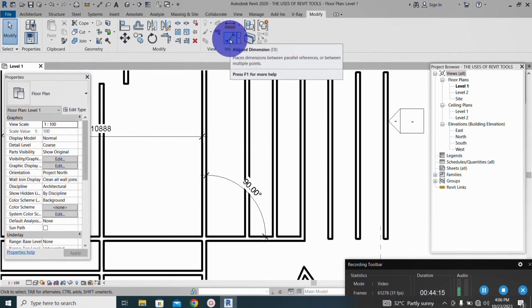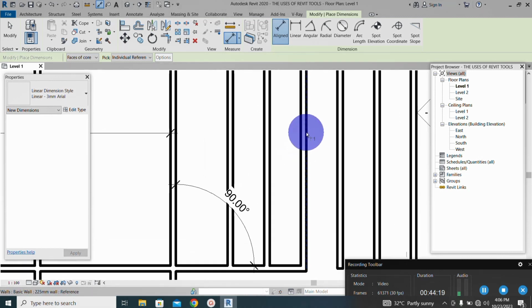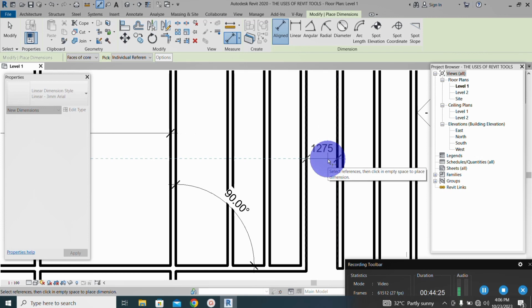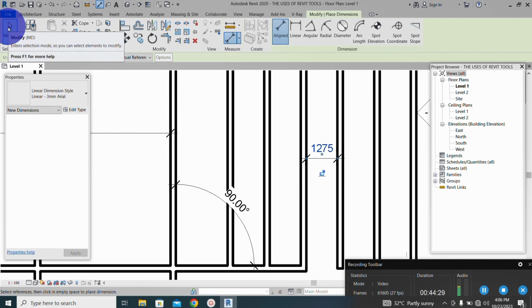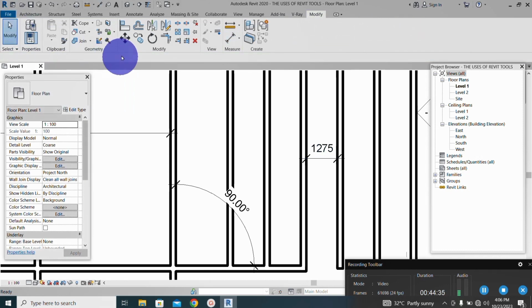Let's take our align dimension tool. Look at the distance: 1275. Now, this is what I want to show you. Let me click on my modify tool. I want to click on offset. You can see that when I wrote